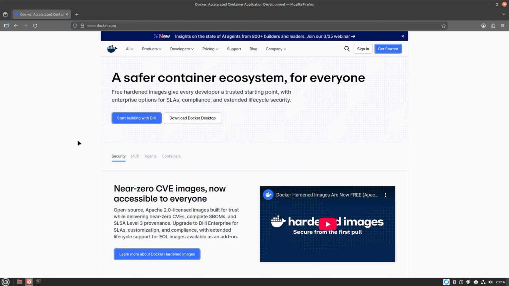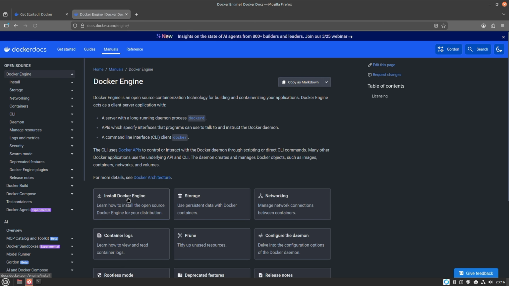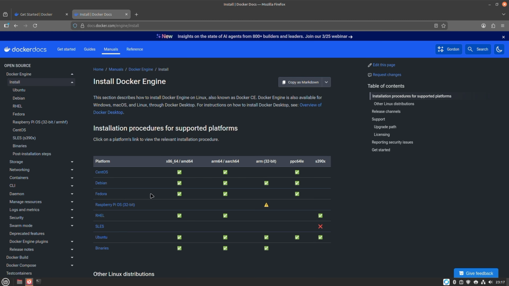So just make sure you're here when we will be checking our installations for Docker and Docker Compose at the end of this section of the video. As I said, I'll go to Get Started, learn how to install Docker, and I will go here, Docker Engine, install Docker Engine. I'm doing this on the old Mac that is running Linux Mint, which is like Linux Ubuntu's cousin. So I'm following the Ubuntu guide,